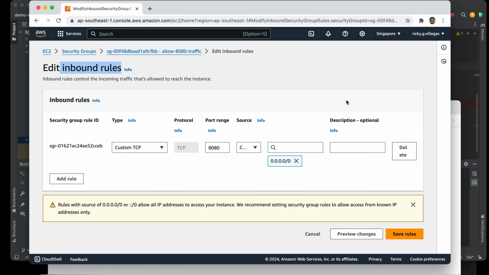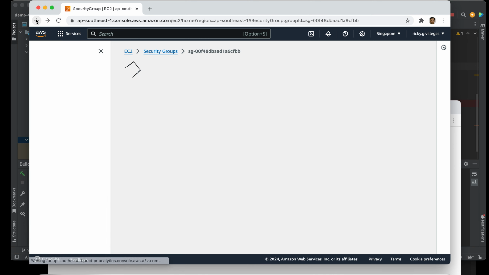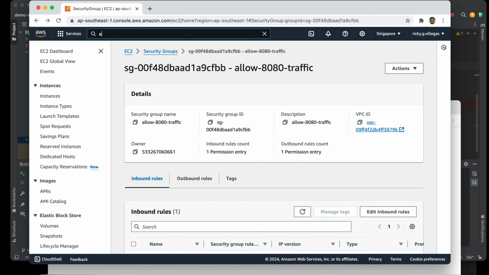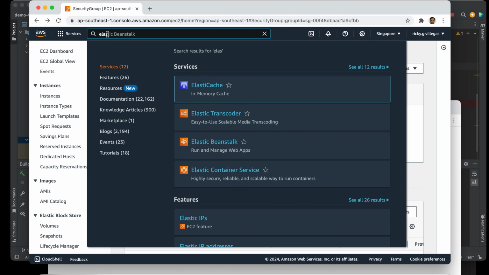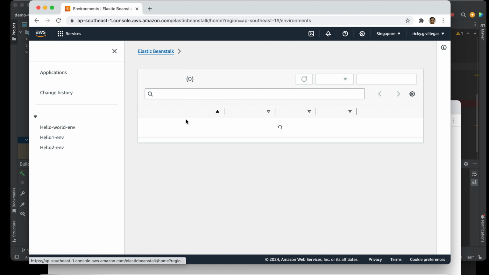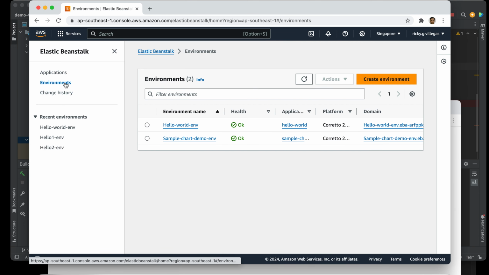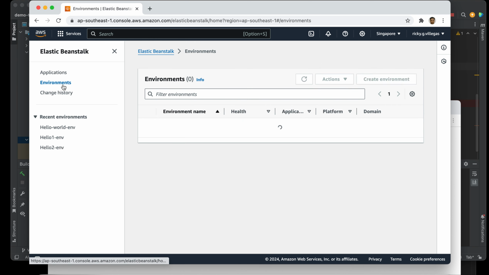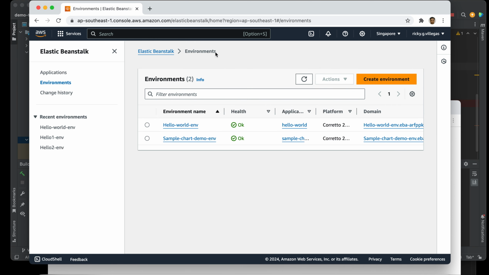All right, so let's check again our application. Elastic Beanstalk. As you can see here, we have application, environments, change history, right? If you click the application, you can see all the applications we have here. Same with the environment, you can see all the environments here.